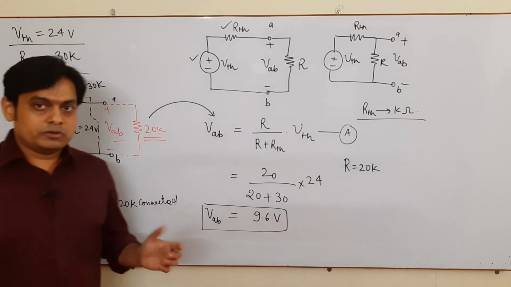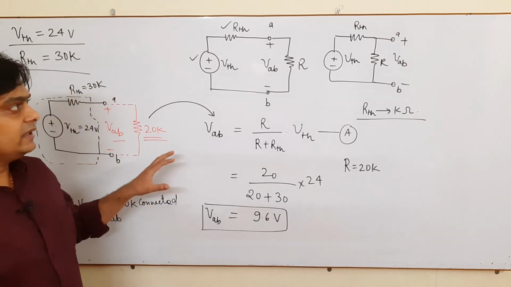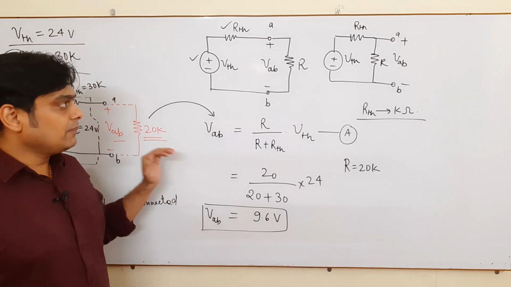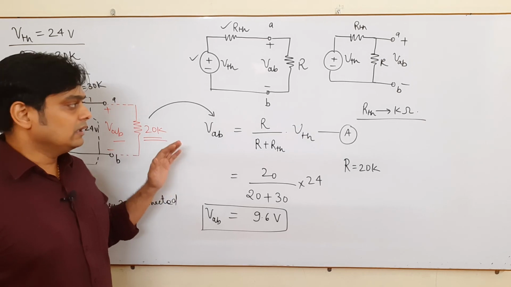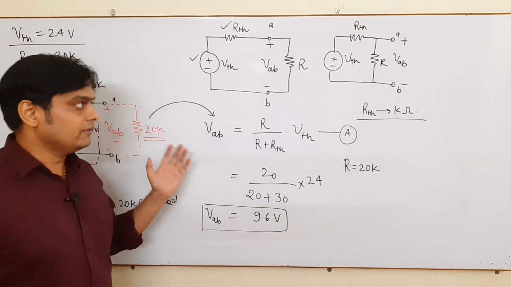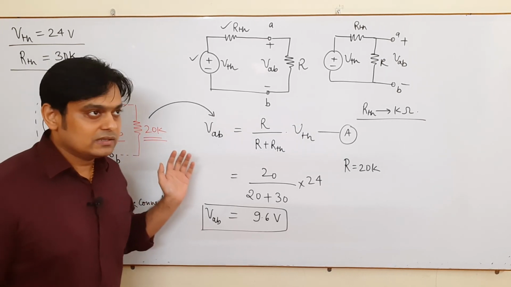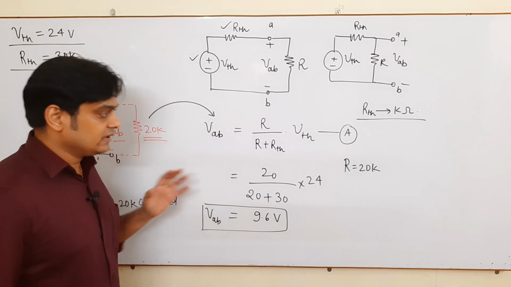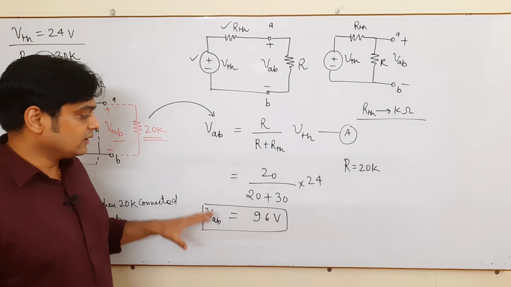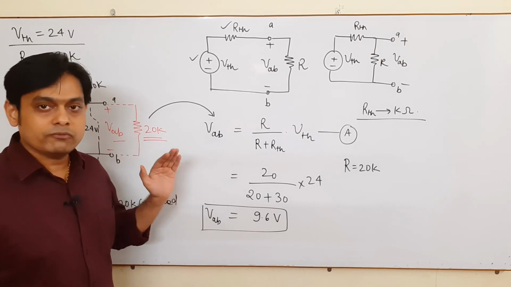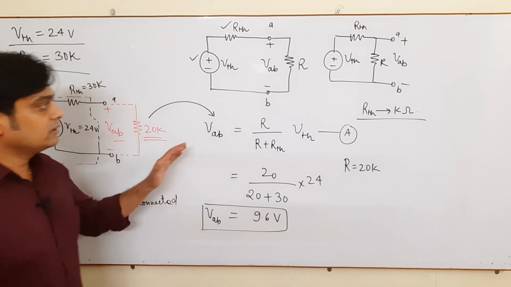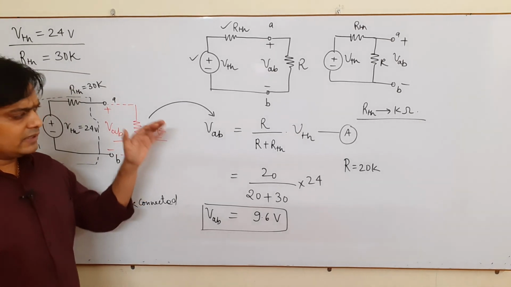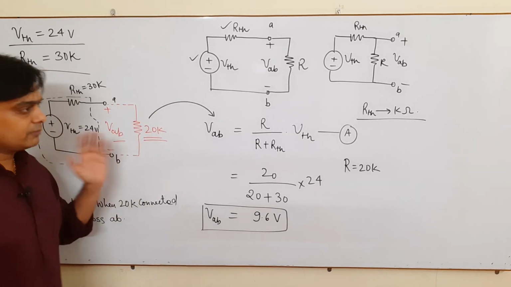So this is a simple question in which we understand that if some conditions are given, simply apply the concepts of Thevenin's. As they have asked about Thevenin's, we have applied the concept of Thevenin's. If they ask about the concept of Norton's, you simply apply the concept of Norton's, and one can easily find the values just by putting in the conditions one by one. Okay, so this is all about this problem. This problem was also in various examinations, that's why I have taken this problem.